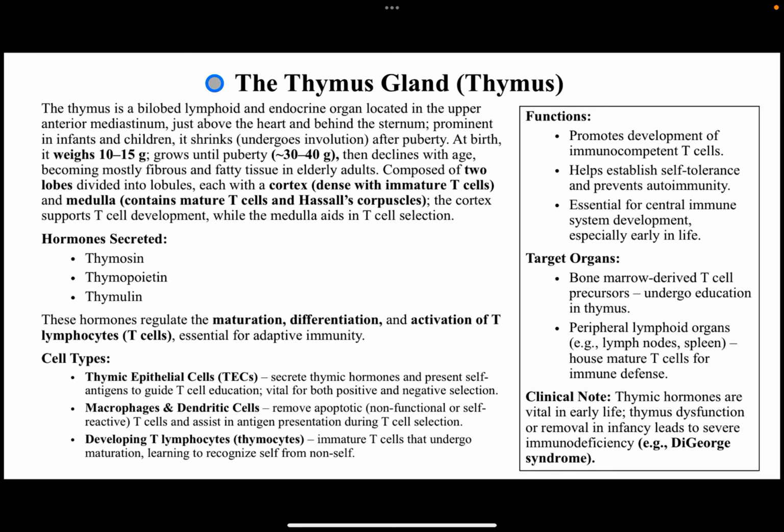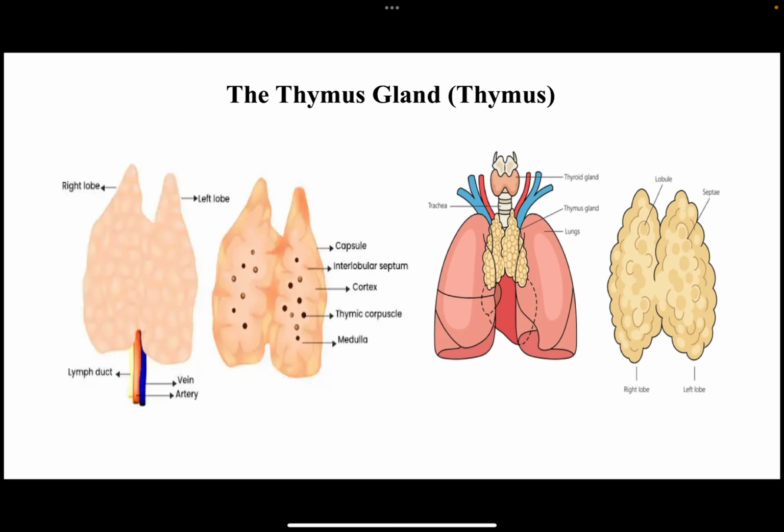Okay, so in this video, we'll be focusing on the thymus gland, or the thymus. In fact, the thymus gland is a gland that is located behind the sternum, or the breastbone, in the upper chest region